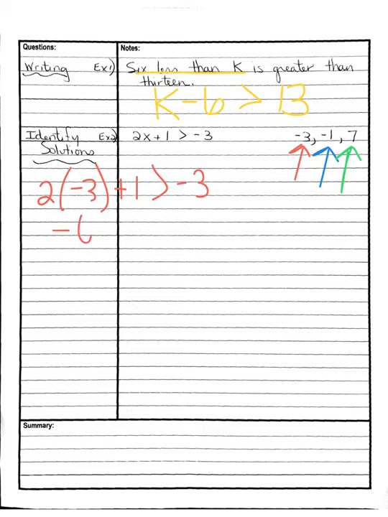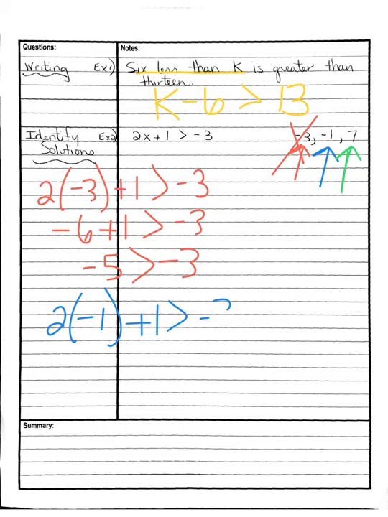2 times -3 is a -6. A -6 plus 1 is a -5. Is -5 greater than -3? No. So that is not a solution. That does not work. That doesn't make it true. Let's try the -1. If I have a 2 and I have 2 times x, which I plug in -1 for,